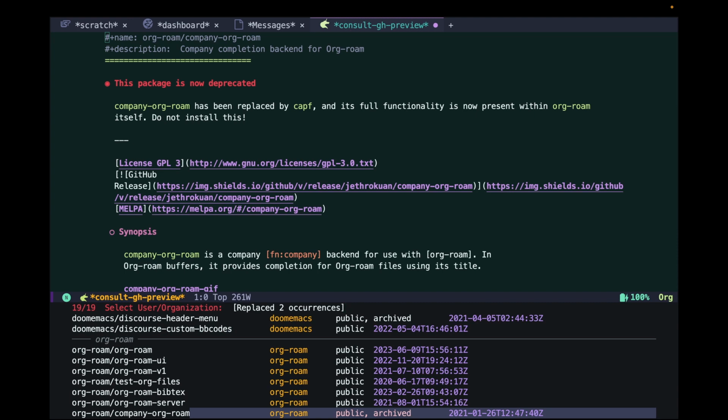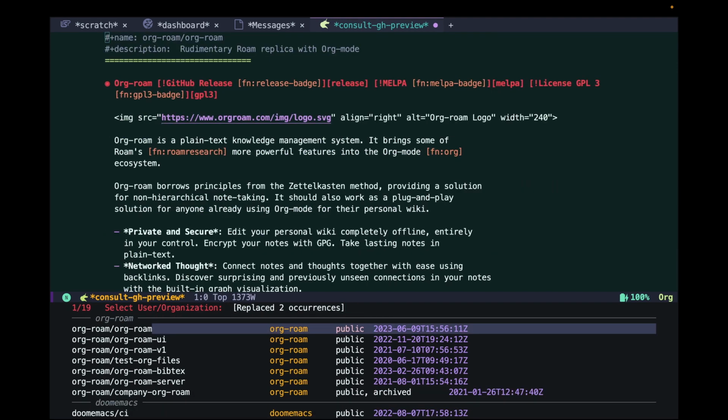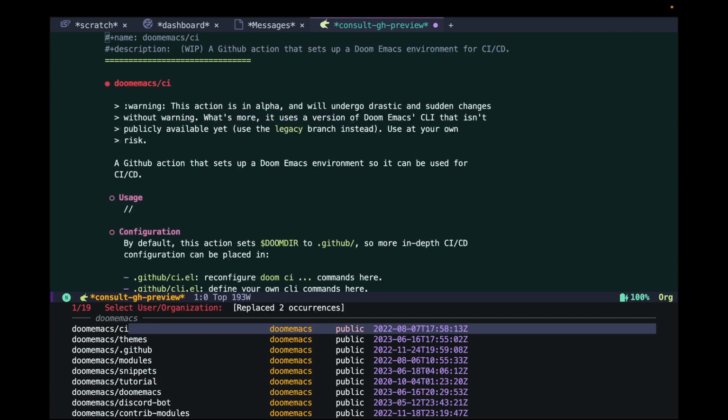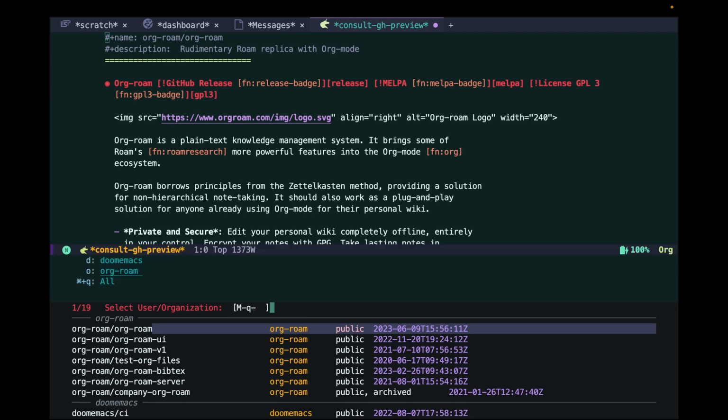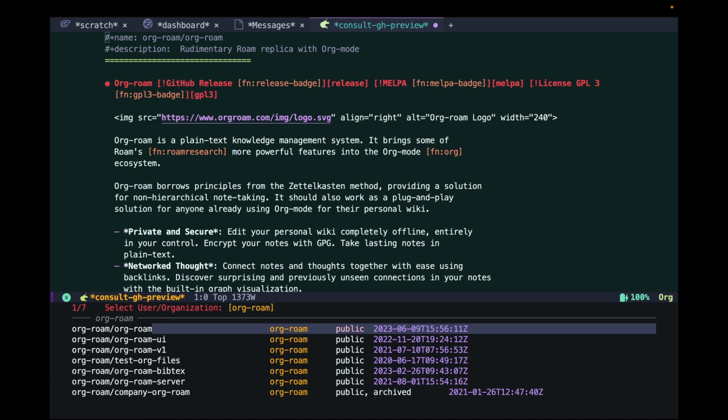And since I'm using Vertico, I can use key bindings of Vertico that allow me to switch between different groups. So this is the org-roam account. This is Doom Emacs. And I'm using Consult, so I can also use the consult narrowing function here to only focus on org-roam repositories here. Let's go back. All right, so now you can see you can look for different accounts, multiple accounts even,